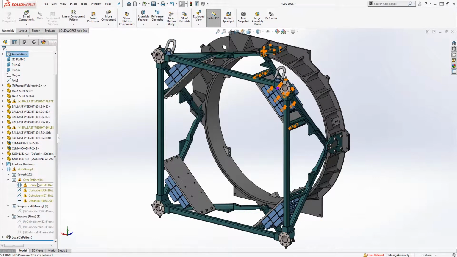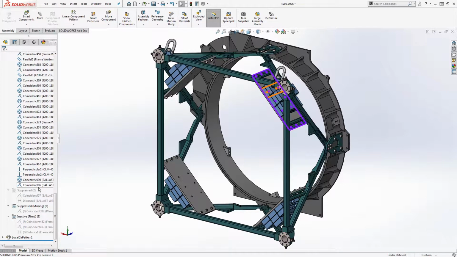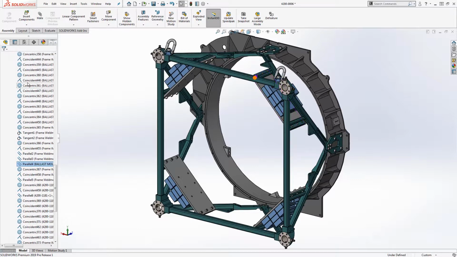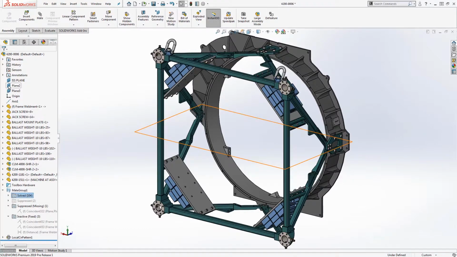Next, we have 4 overdefined mates. I know that the last 2 mates are overdefining this, so we're going to go ahead and suppress those. They get placed in a suppressed folder, and you'll now notice that we have mates moved back into our solved folder. You can see here that this is a large amount of mate data that we would have to otherwise sort